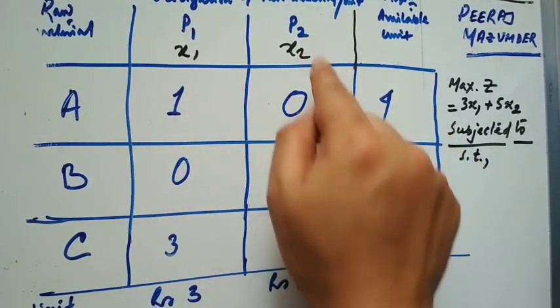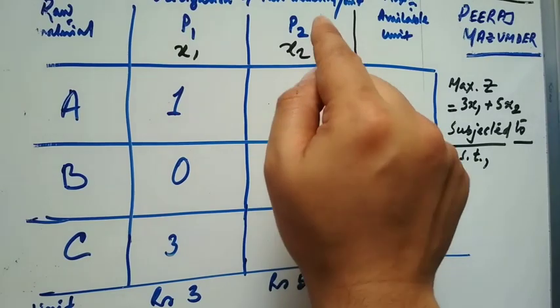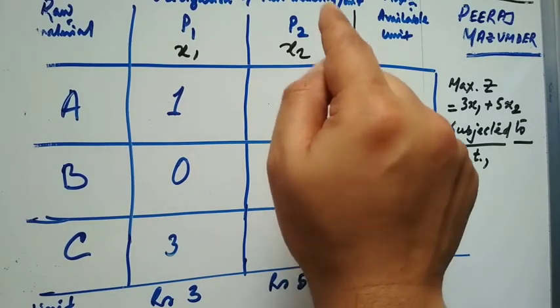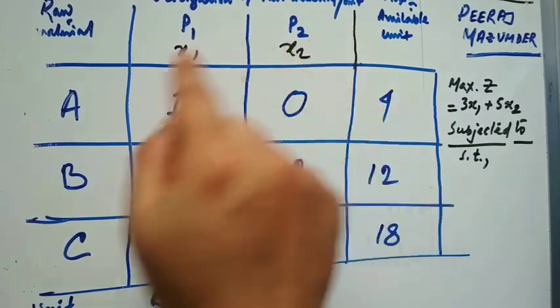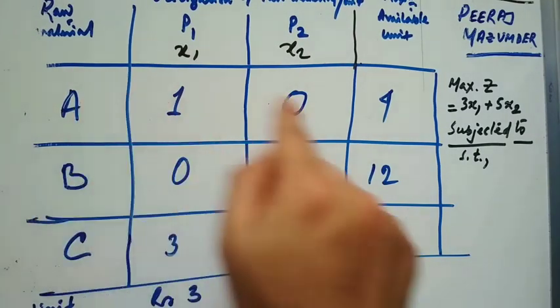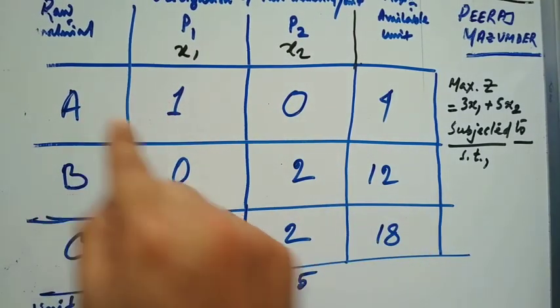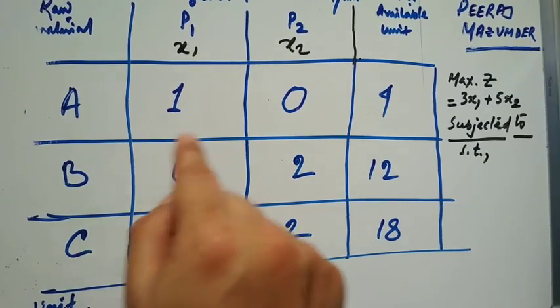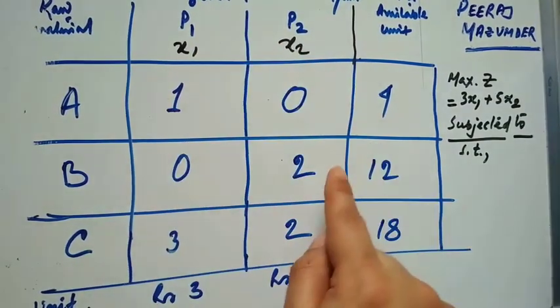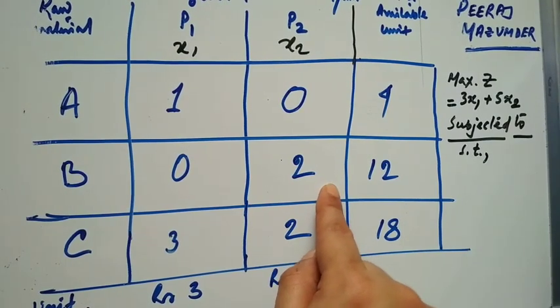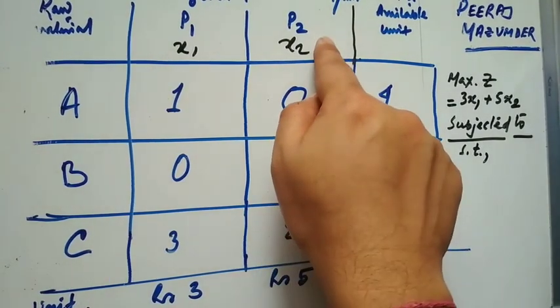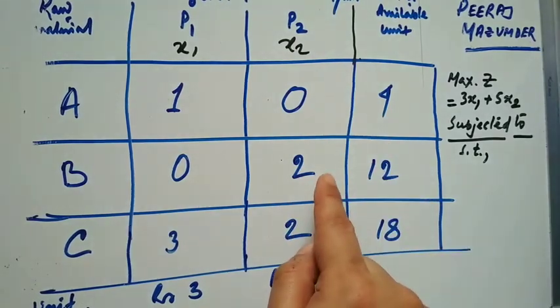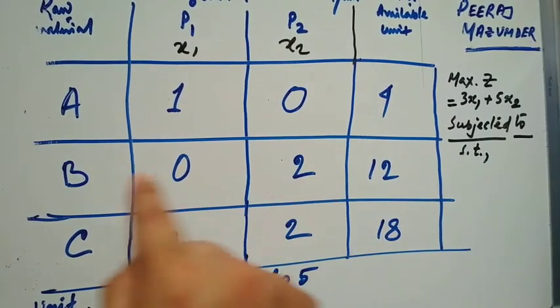For this P2, for per unit production of this particular P2 product, we have 0 amount of raw material. Now for this one, we are needing 0 amount of raw material B for production of per unit of P1. For this, it says for per unit production of P2 product, we are going to have 2 units of